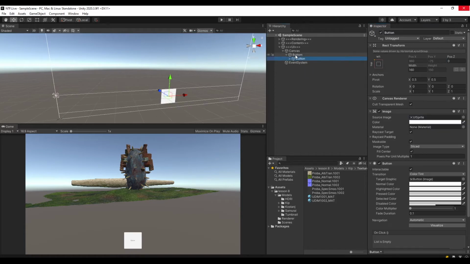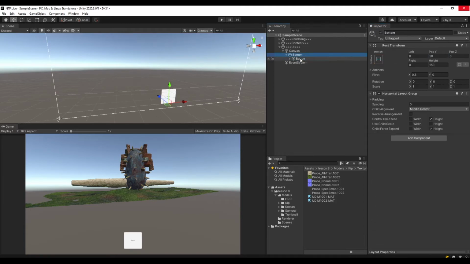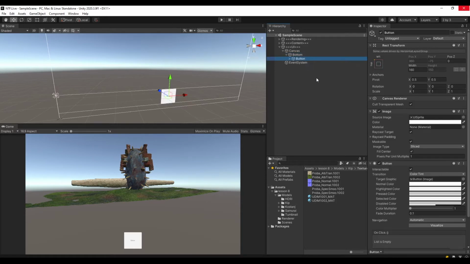Okay, let's duplicate this button 3 times. So how you duplicate in Unity is basically you just select the object and then Ctrl D, Ctrl D, Ctrl D, Ctrl D. Now we have the button 3 times in a horizontal group, and we didn't have to bother about